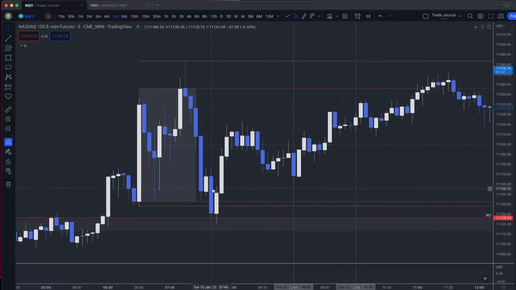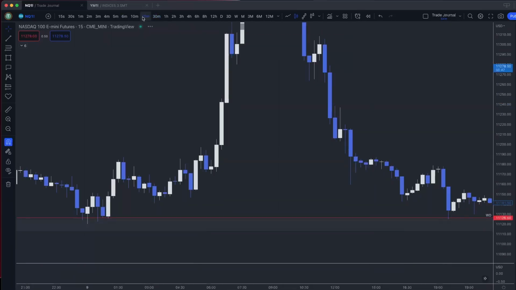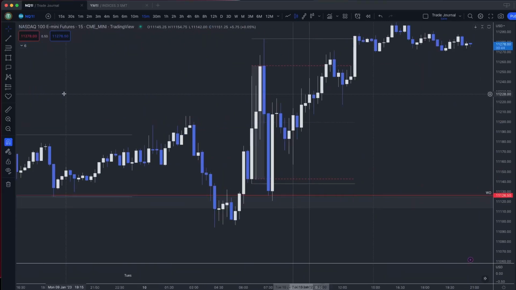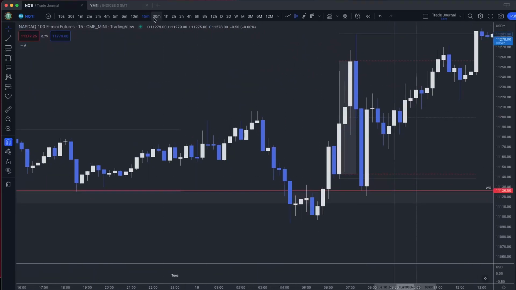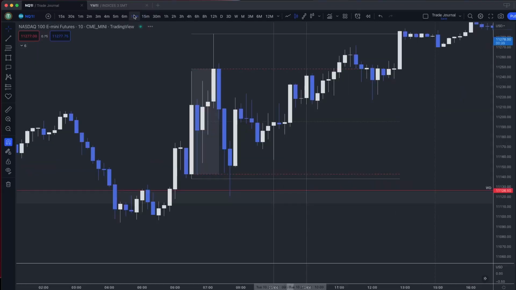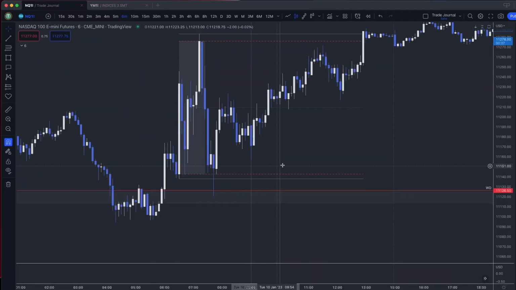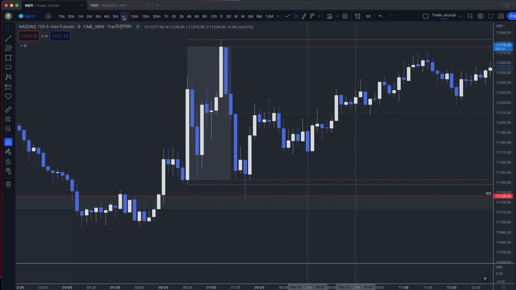So first of all, this wasn't completely clear to me on the 5-minute, but people ask me all the time, why do you have all these time frames? Do you use all the time frames? How do you know which one to use? And the answer is I don't always use all these time frames, but I do periodically when I'm just sitting here watching, I just flip through and see how things look on different time frames just to see how price action is developing. And sometimes you get it cleaner on one time frame or another. And here, this is where it looked clean to me on the 6-minute.